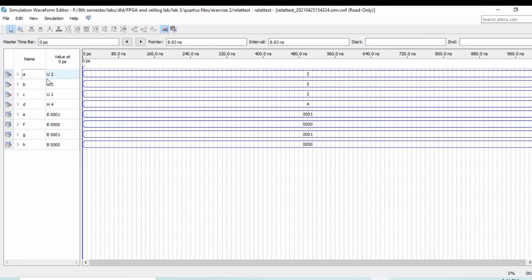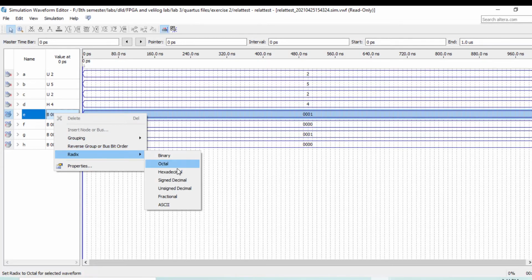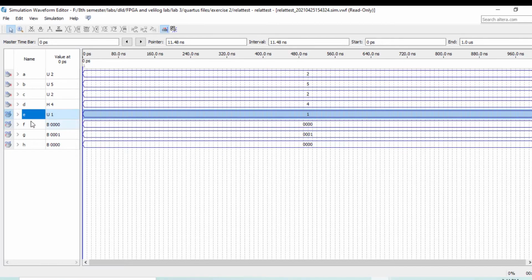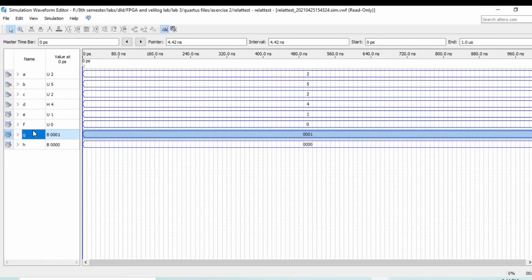If your value is in decimal form, then you should convert your output value to decimal form.